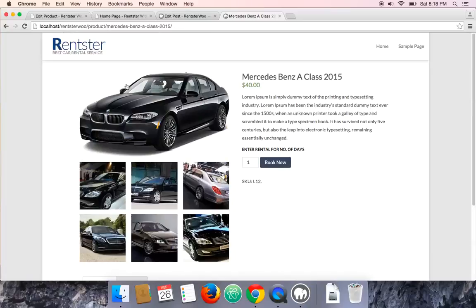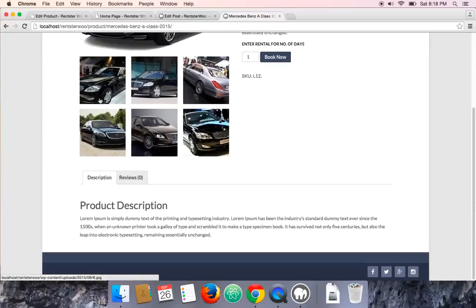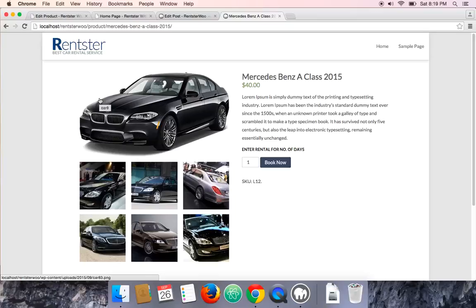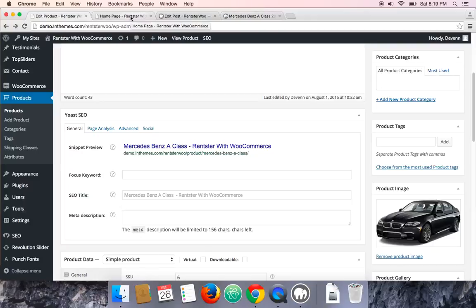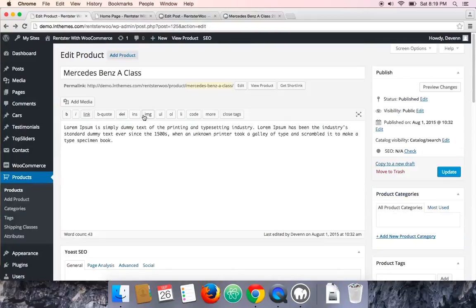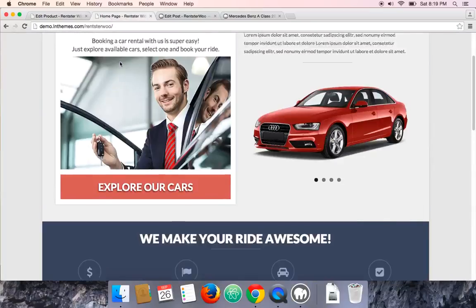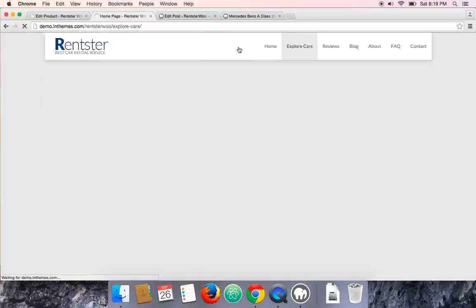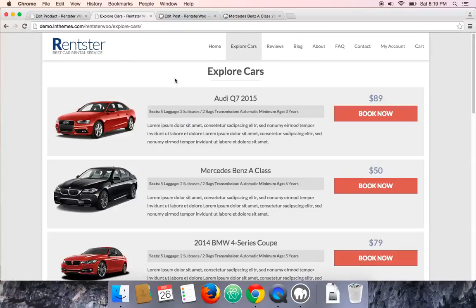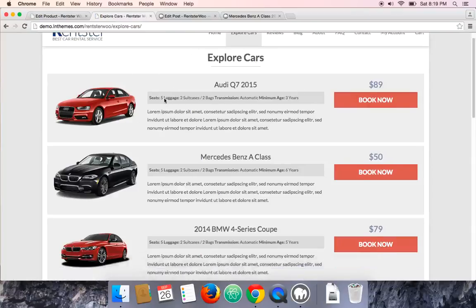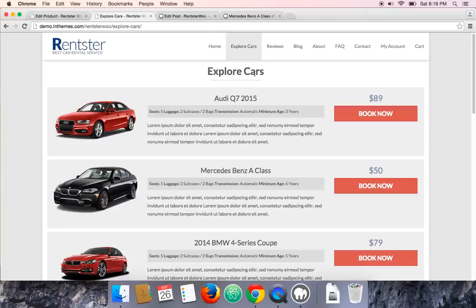Alright guys, this is pretty much it. The WooCommerce setup is now complete. So this is how it should be done, and this is how you can create different car posts and then the WooCommerce product page, and then link them all together, and then show them on the explore cars page here. For example, you will have to set up all these cars one by one, and then create respective WooCommerce product pages for each of these cars, and then link them as we just did for the Mercedes-Benz A-Class page.